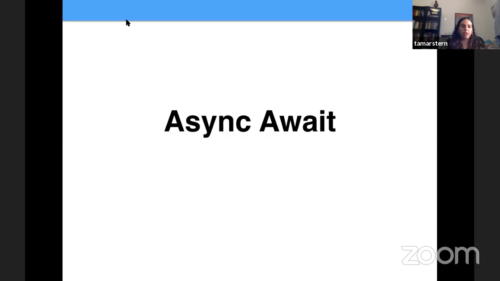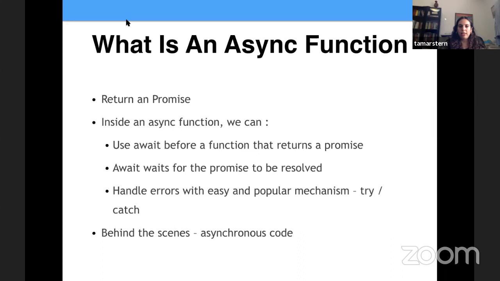And now we're going to go into our next phase, which is async await. So what is async await? Async await is a syntactic sugar, I have to say, that entered our language in ES7. It only gives you the ability to write promises in a more readable way, as an async function is just a wrapping of a promise for a function. An async function returns a promise, and with await, you are waiting